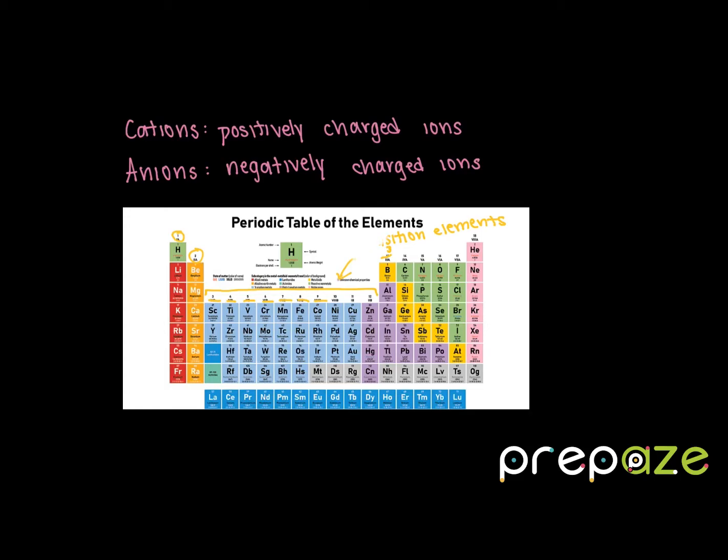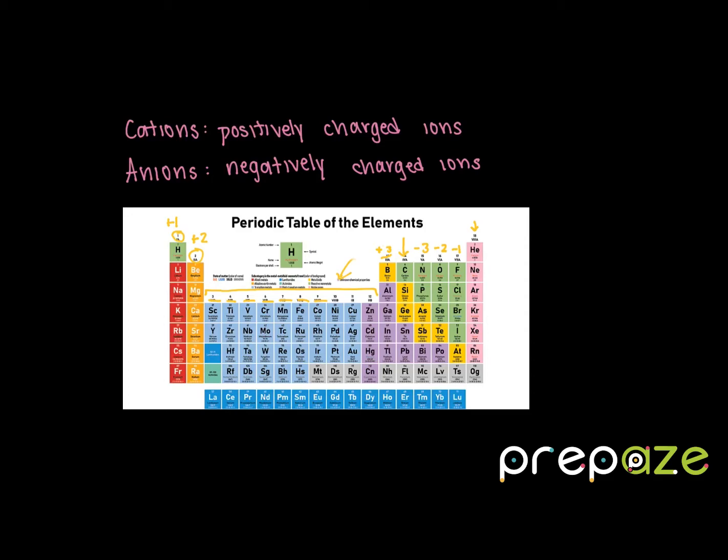I'm just going to erase this transition elements in order to give us some space. So 1, 2, and this becomes 3. And keep in mind, this is charged as positive 1, positive 2, and positive 3. Now, we skip this group, and now we go -3, -2, and -1. Our last group over here consists of all of our noble gases, and these are actually never